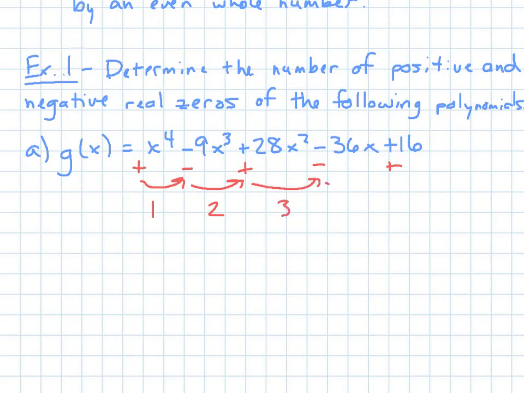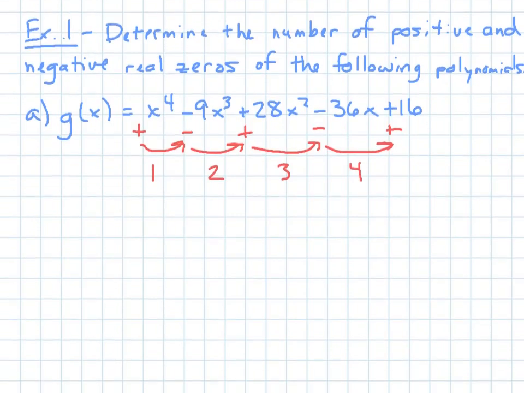And then here, I go from negative 36x to positive 16, so I went from negative to positive. There's another change. So notice, it doesn't matter how it changes, it just matters that it changes sign, from one to the other. So I had 4 changes in sign. Now what that's telling me, and I usually make a chart with this,